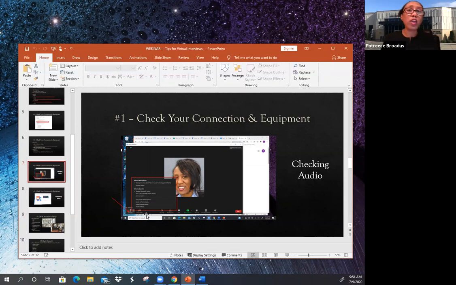Now, the way you do that is you conduct a particular search. Let's say you do a Google search for a background, such as the St. Louis skyline, or bookcases, coffee shop, etc. You have to find something like that online. Then you save it to your computer, in your pictures folder.